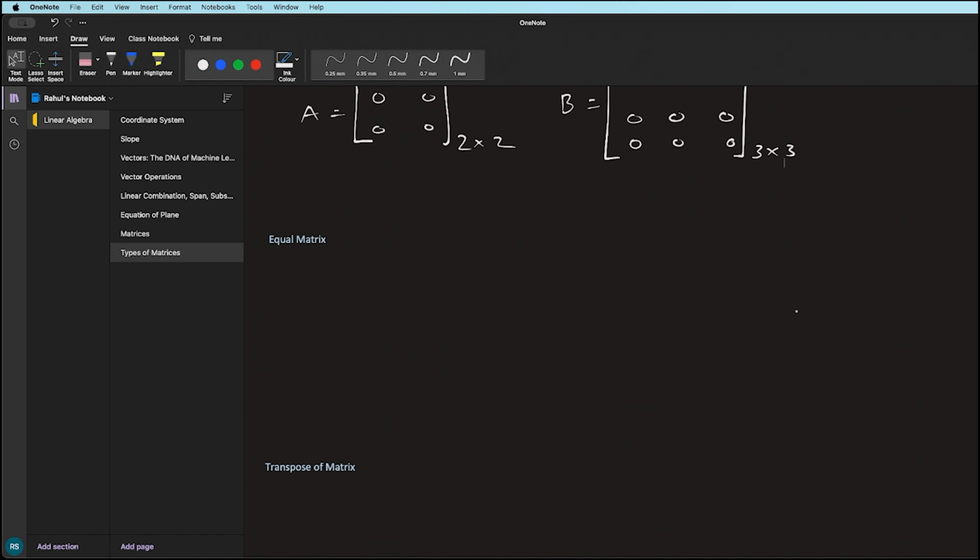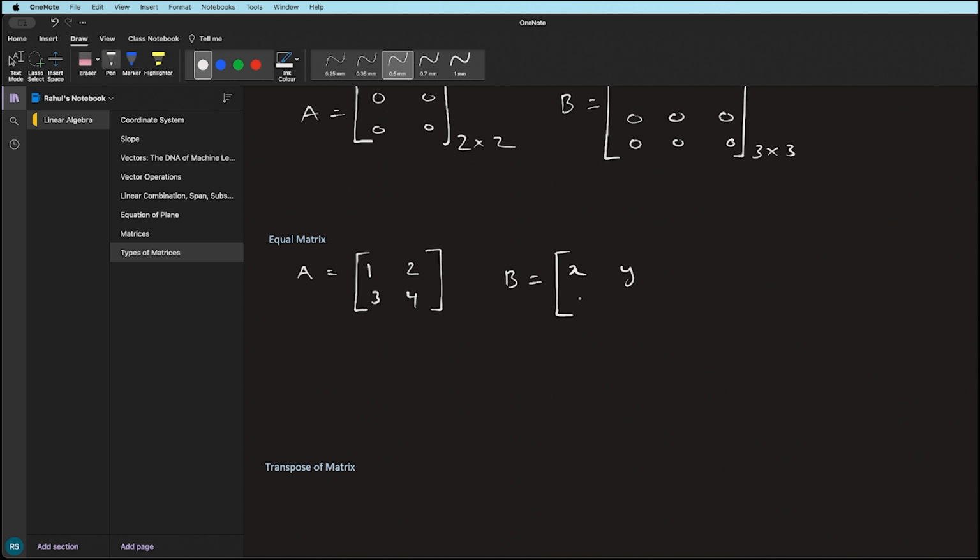Then we'll be studying the equal matrix. In the equal matrix, there will be two matrices, and in those two matrices, the order will be the same, and the corresponding entries will also be the same. So for example, A equal to 1 2 3 4, and B equal to